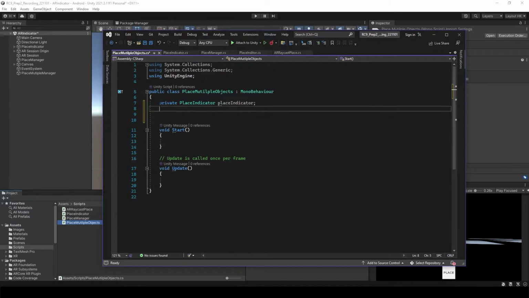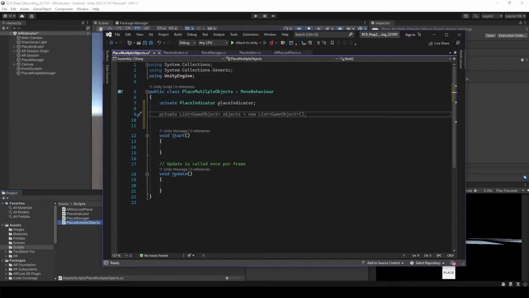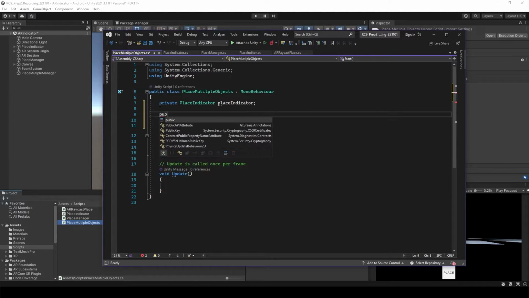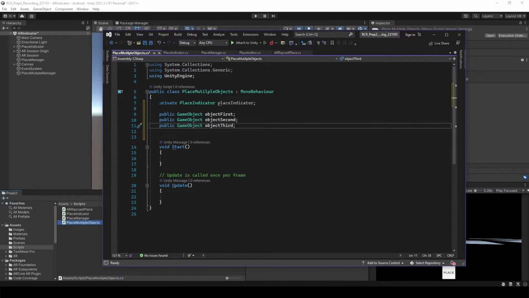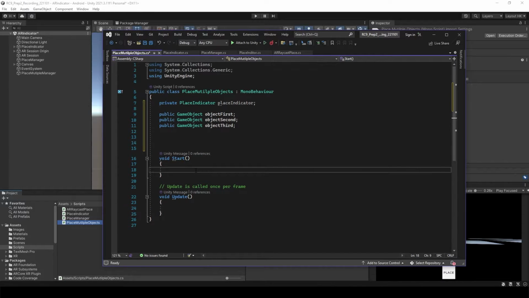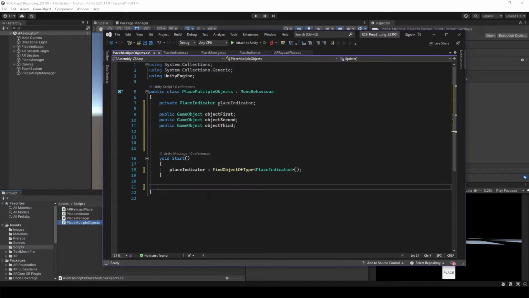And this time we'd like to have multiple objects, right? So public game object. To call the place indicator is going to be the same. Place indicator is going to be find object of type place indicator. And then what we need to have is multiple types of click buttons, right? So here